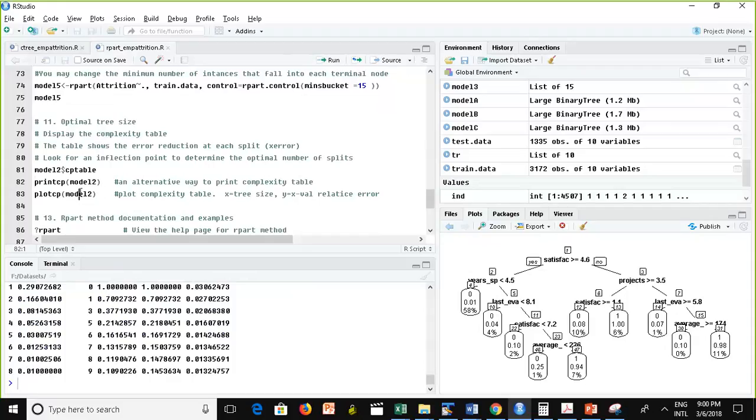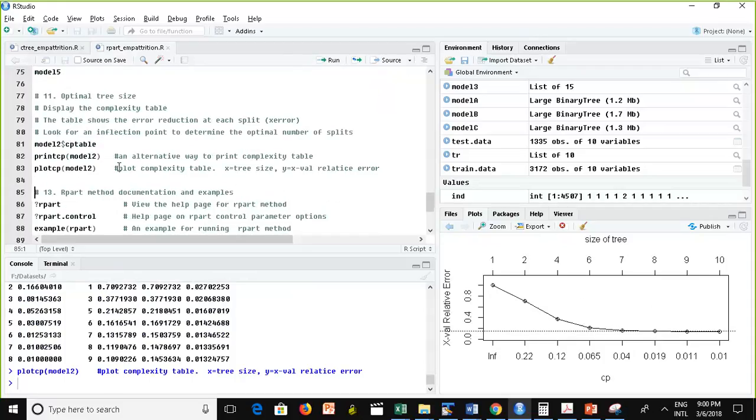We can plot this error, and the optimal size of the tree is the inflection point. You're going to look at the relative error plot, and then you're going to take the inflection point, and it's going to give you the optimal size of the tree. So in this case, it's about 8 or 9, something like that, right? Now,